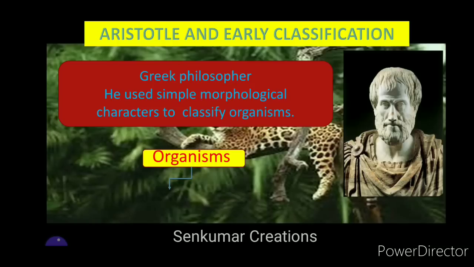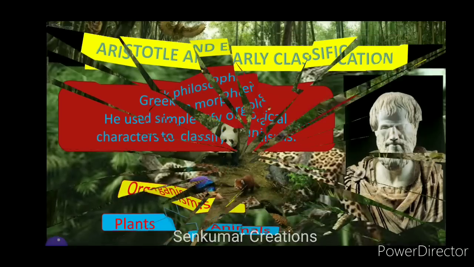According to Aristotle, organisms can be classified into only two groups: one is plants and the other is animals. So Aristotle classified organisms into plants and animals, which we know very well. He was the Greek philosopher. In the next slide we can see